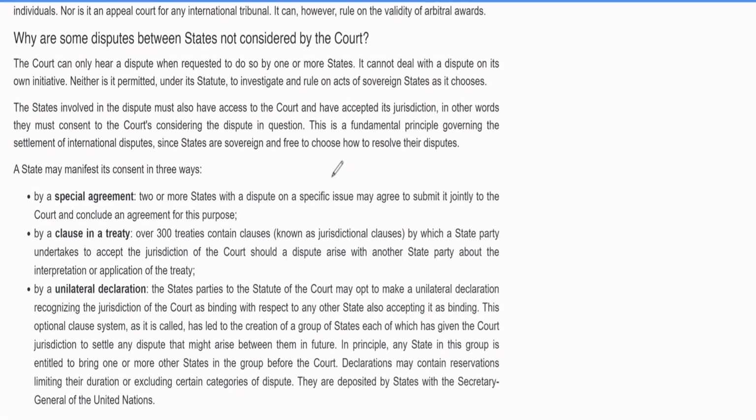So the second point that you should note is that the dispute is between states. It is disputes between states, that is, one or more states who are members of the United Nations. So this is the primary thing. Next, we will see the